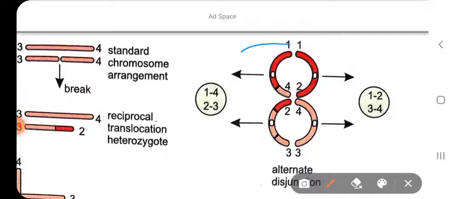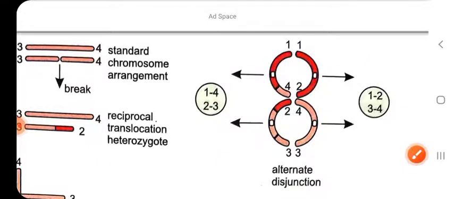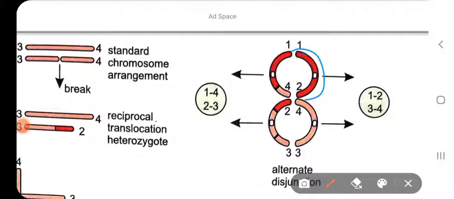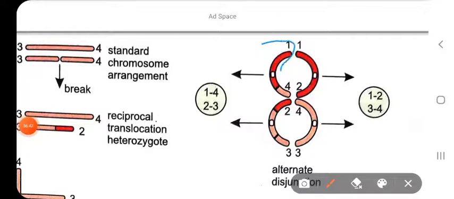So when this type of arrangement of chromosomes is observed during metaphase and anaphase, you see that the normal chromosomes are moving to one pole. See, 1, 2, it is a fully normal chromosome. 3, 4, it is also a normal chromosome. They are moving to one pole, so the daughter cell will receive normal chromosomes, while the translocated chromosomes, that is 1, 4, because here there was 2, it has been shifted to another non-homologous chromosome. So 1, 4 and 2, 3.